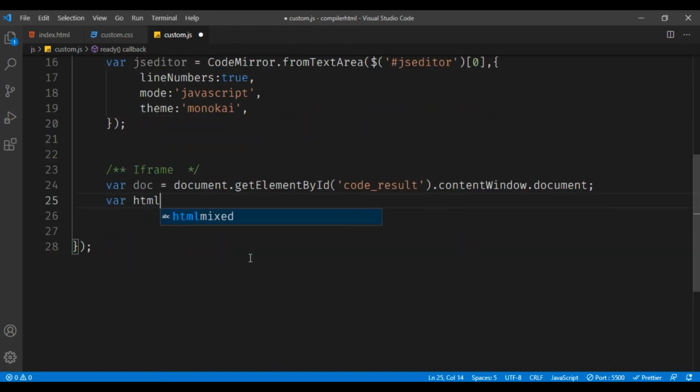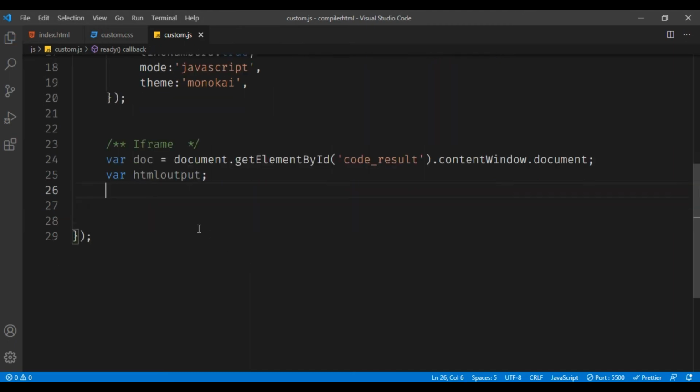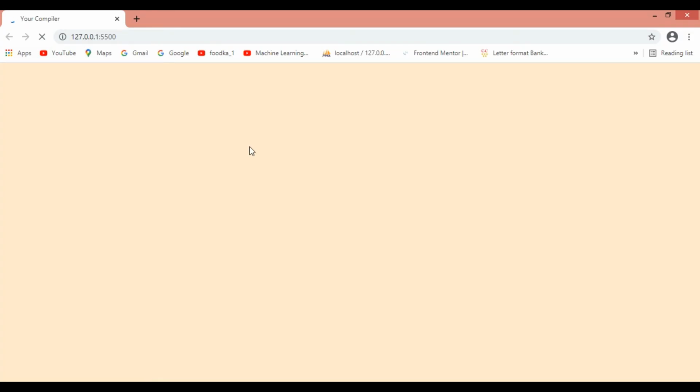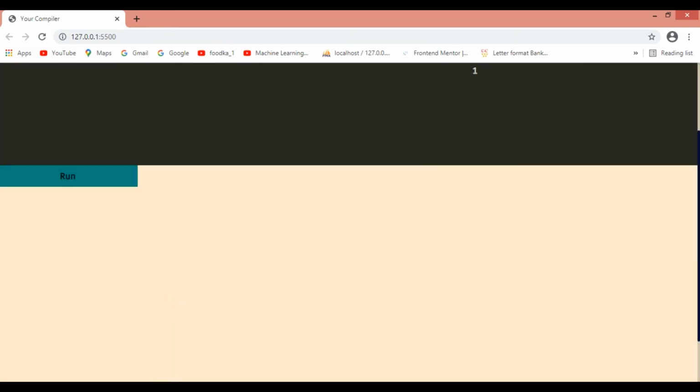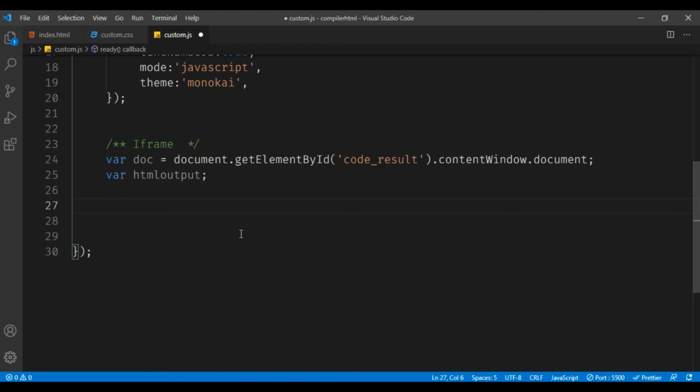Okay guys, now let us consider HTML output. So the main function for this is that it will hold the HTML content and display in the iframe or the main output window. Okay, so let's see.